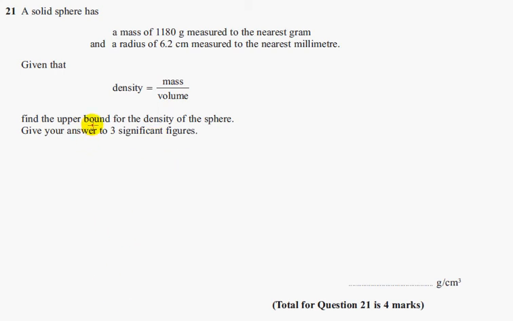So we need to find the upper bound for the density of the sphere, which is mass divided by volume. So we want the biggest mass possible divided by the smallest volume possible to give us the upper bound for the density. Okay, so the mass is rounded to the nearest gram. So therefore, the upper bound for the mass is going to be 1,180.49 recurring,